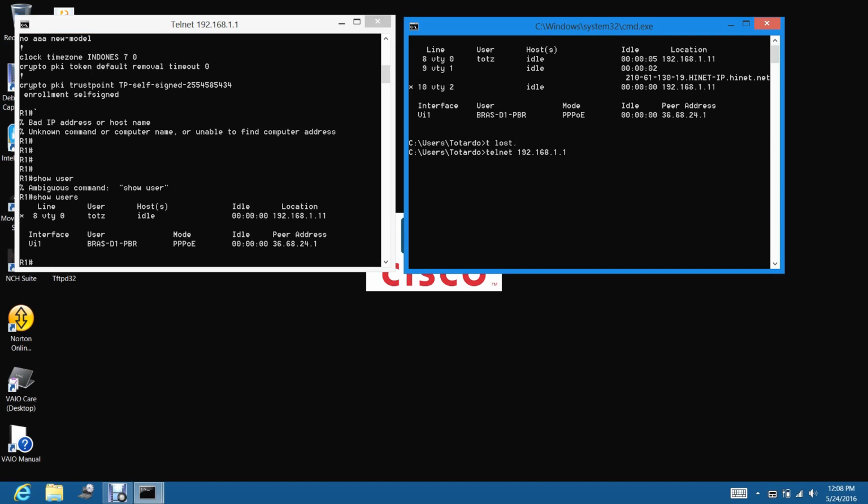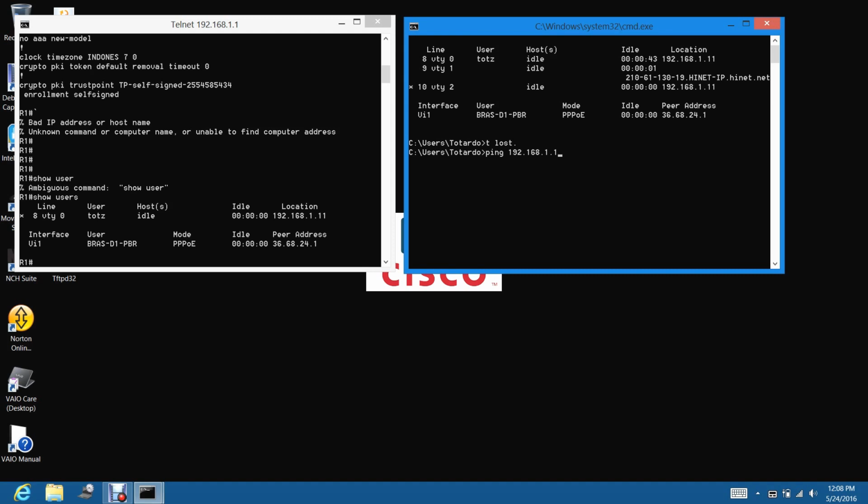Just type the IP address of your router that already has Finger activated, followed by Finger like this. Then press enter.